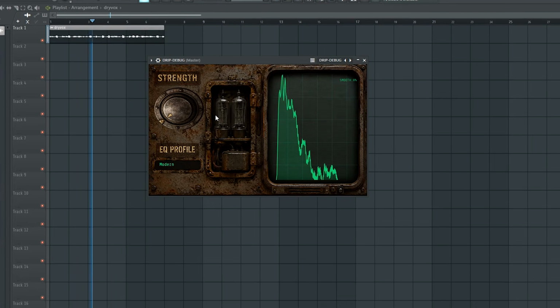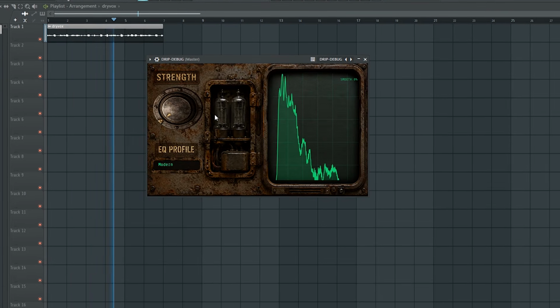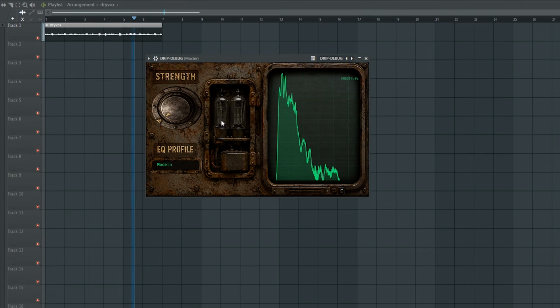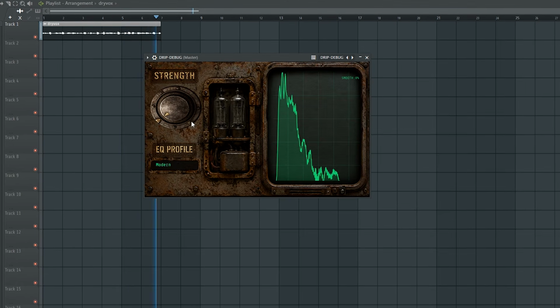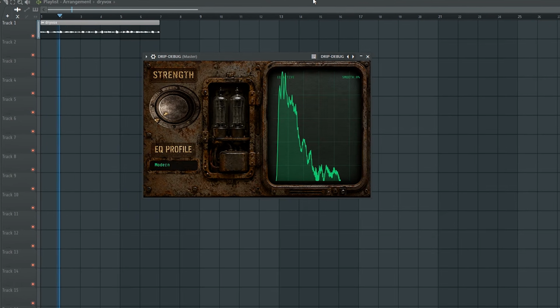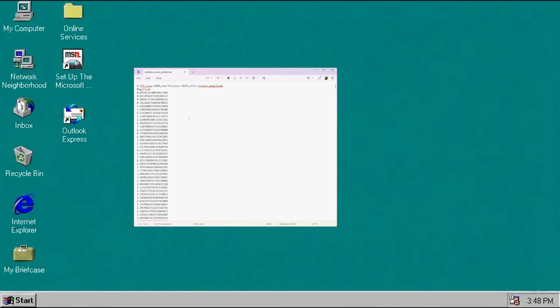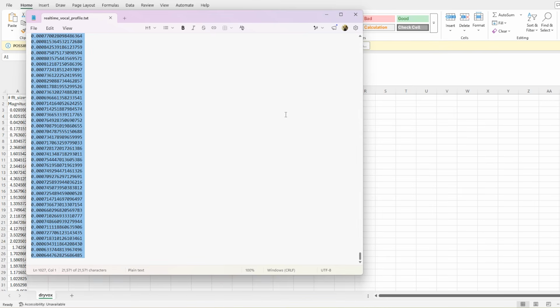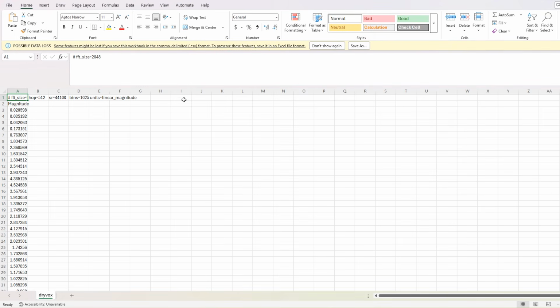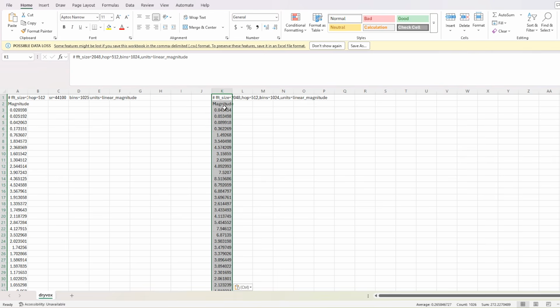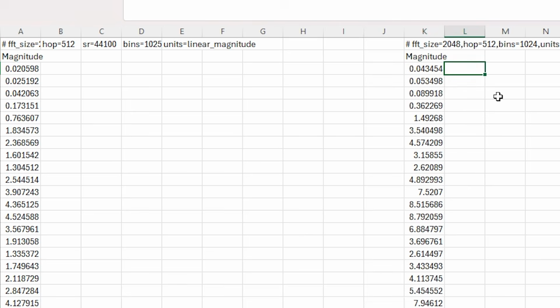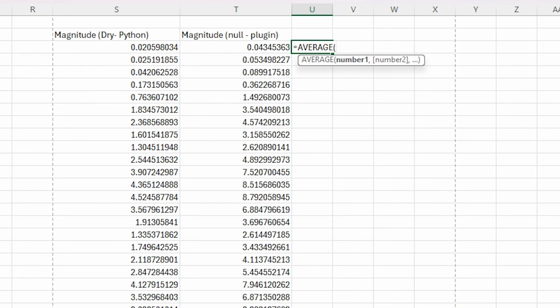First, we'll test it when it's on a mixer track but has everything set to 0. It shouldn't be doing anything right now. I'm doing this to make sure that the plugin isn't altering the input in any way that's unexpected or unintentional. The plugin is just dumping input data to a text document on my desktop. I'm then taking that and placing it in a CSV document containing the Python generated data on the same dry vocal recording. The numbers are definitely looking different, so in order to compare apples to apples, I need to normalize